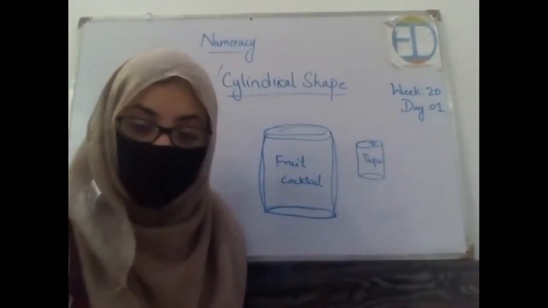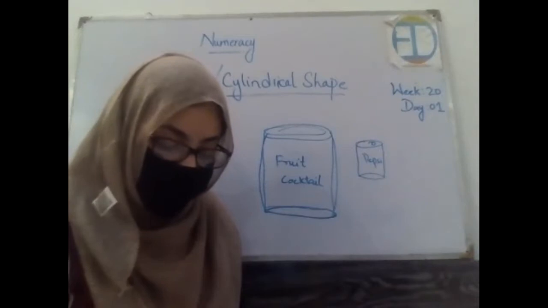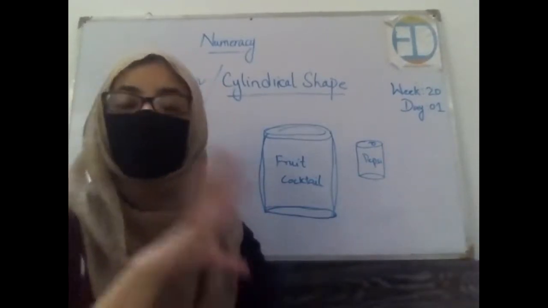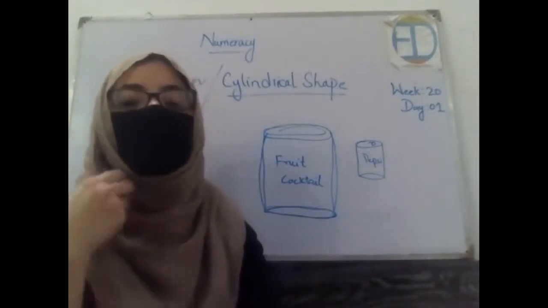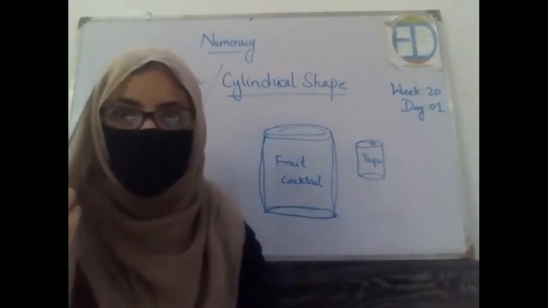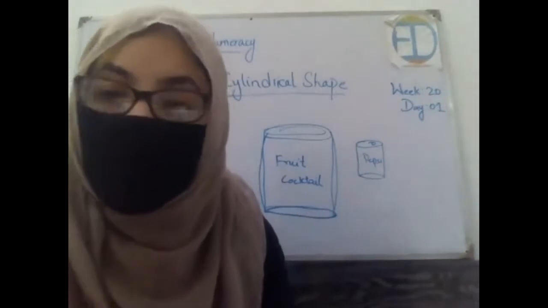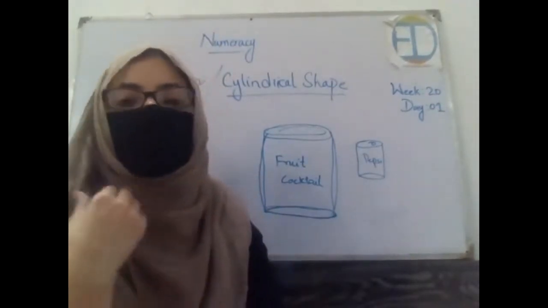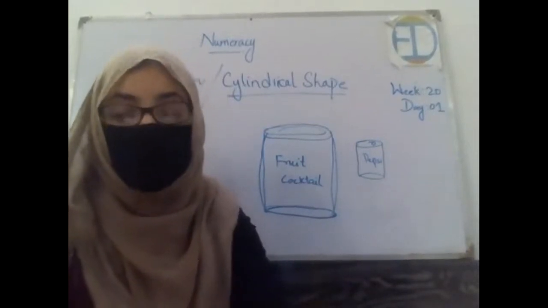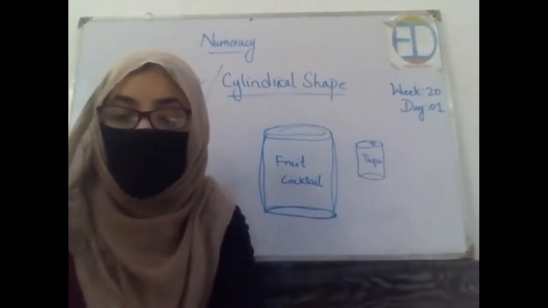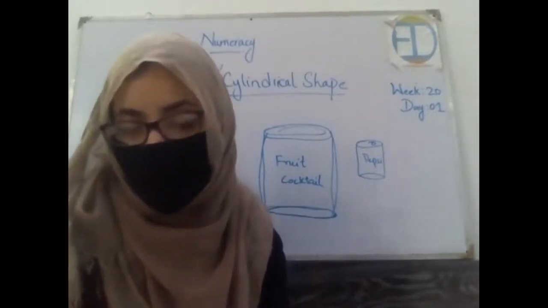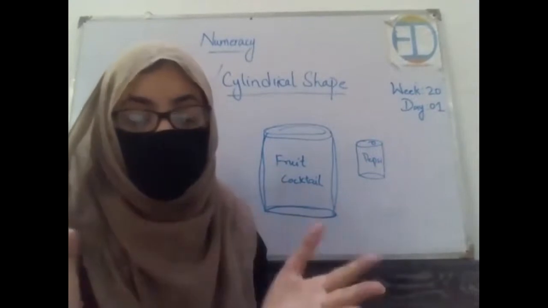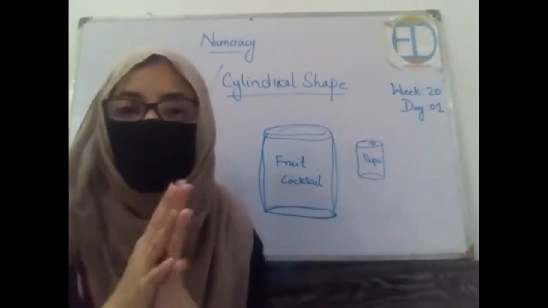Okay, now there is another activity, which is: can you find similar shapes in the kitchen? Go after school, open all of the drawers at your home in the kitchen, in the fridge. Do check the fridge and freezer as well. Did you find anything which is stored in this shape, or do you have anything at your home which looks like a can? Well, a lot of examples are coming to my mind, but I want you to search by yourself and then discuss it with me in the next class. I'll be waiting for your examples. Let me know how the experience goes.